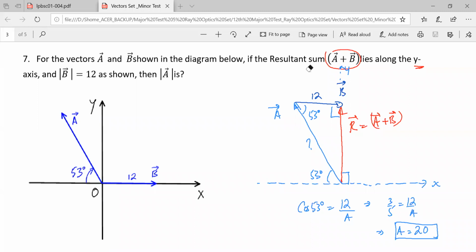Yes, in this test, most questions had to be done by the geometrical method, because we just started component algebra, so I didn't expect you to solve by the component method, I expected you to solve by the geometrical method. So the geometrical method mostly is about either visualizing the triangle or applying the triangle law formula. If you want to use algebra, you use the triangle law formula, root of a square plus b square, that one. Otherwise, if you want to visualize, then the geometry of the triangle has to be visualized. These were the two things which were tested.